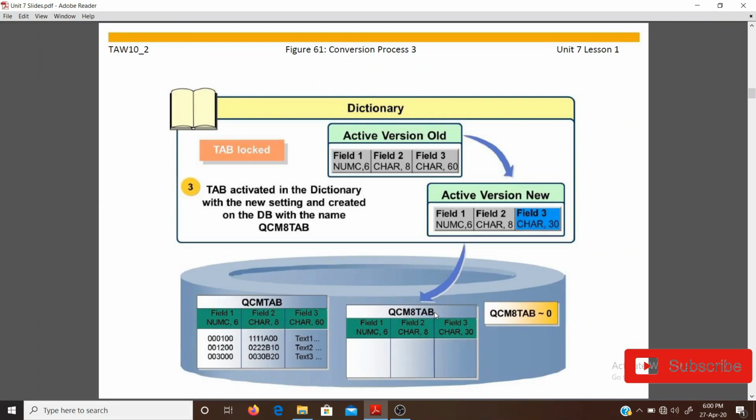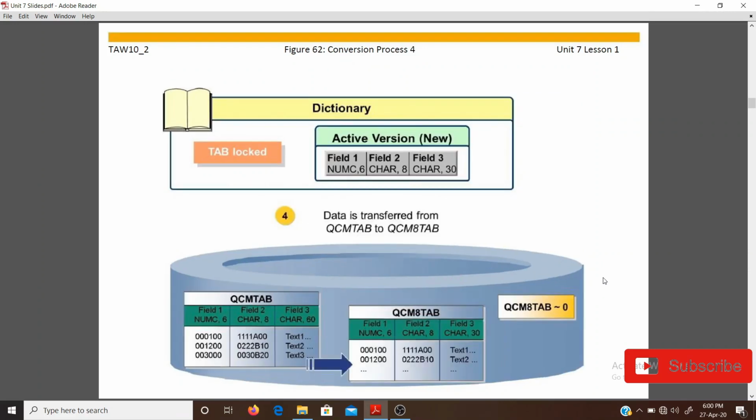Once this new table is created with blank data, a primary index will also be created here, QCM8 TAB 0. As I have told you, 0 represents the primary index. This was conversion process 3. Come to the next slide.